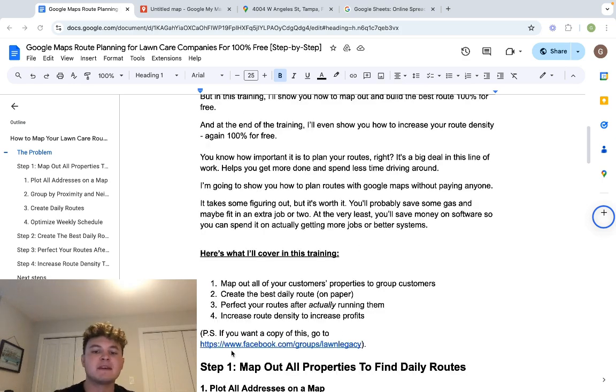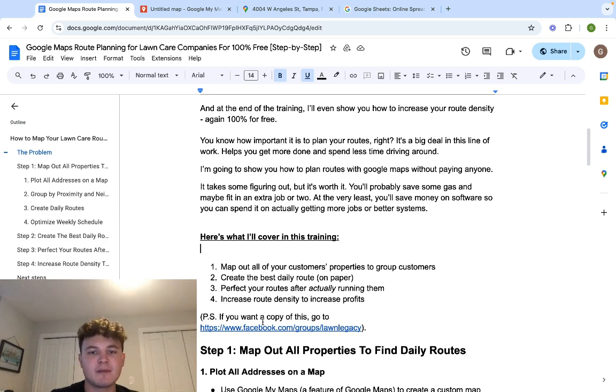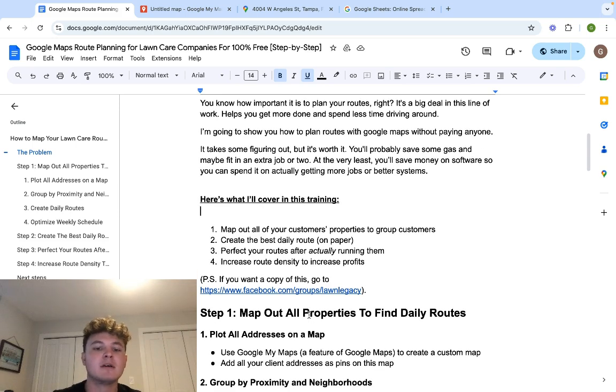So from 1 to 4, here's what I'll cover in this training. Number 1, map out all your customers and customers' properties to group customers. 2, you're going to create the best daily routes on paper. 3, we're going to perfect your routes after you actually run them. And then 4, finally the best part, I'm going to show you how to increase your route density to increase your profits, because we all know when your clients are closer together in lawn care, that equals less overhead,